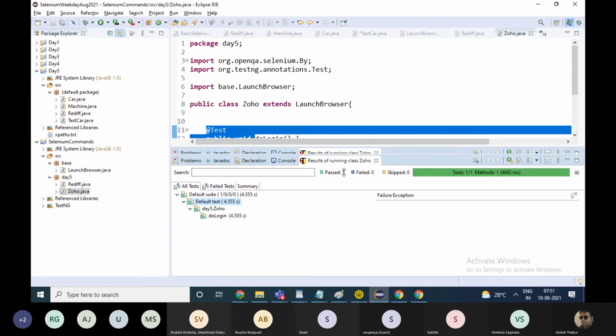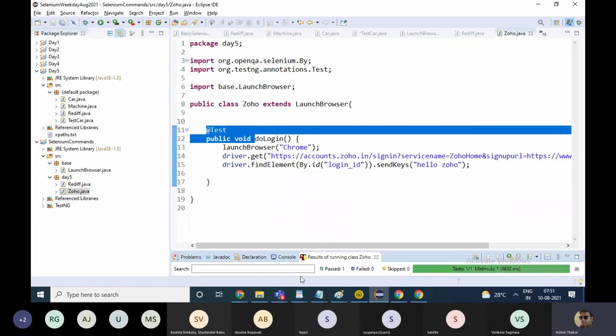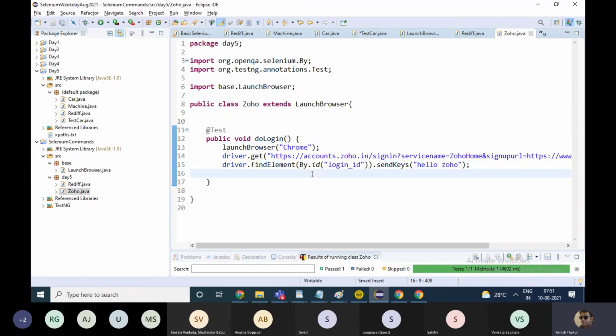So TestNG is a unit testing framework. So we use it with Selenium in order to build test cases. Okay, got it. So in TestNG, in the background, do we have a main method to call that? Yeah, definitely there'll be a main method somewhere inside TestNG, but we don't have to worry about that because somebody else has already done the hard work for us. Okay, and we have to use it.